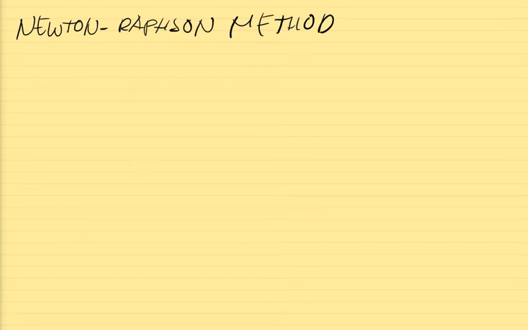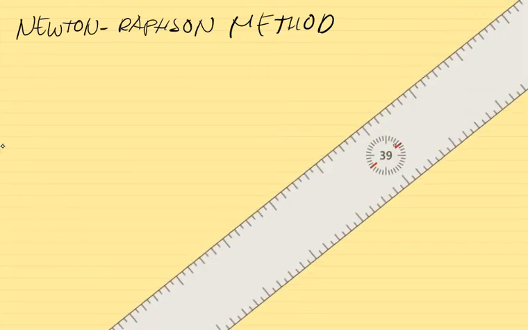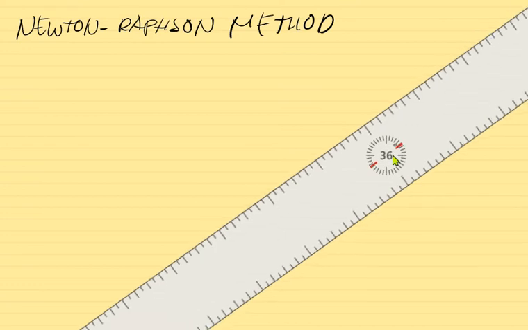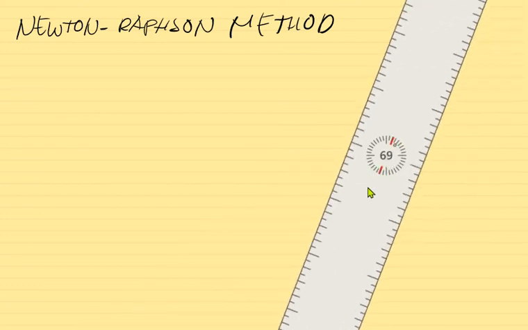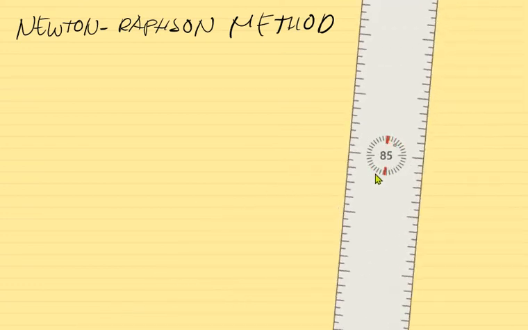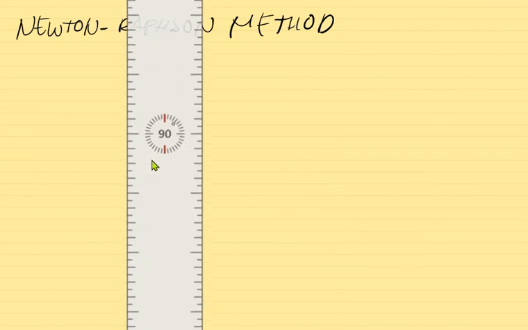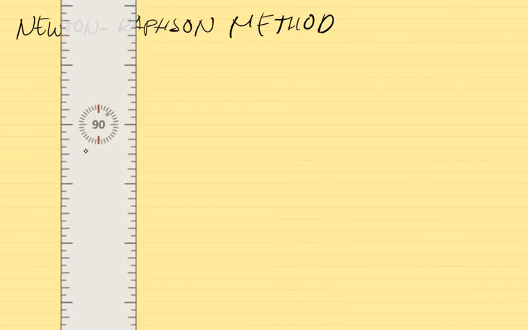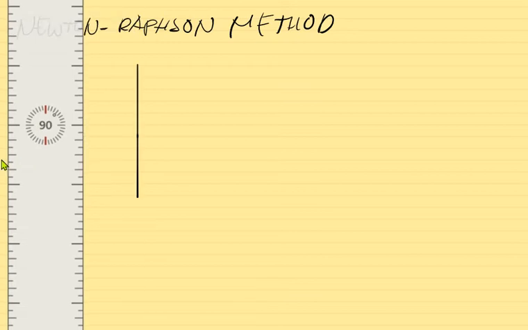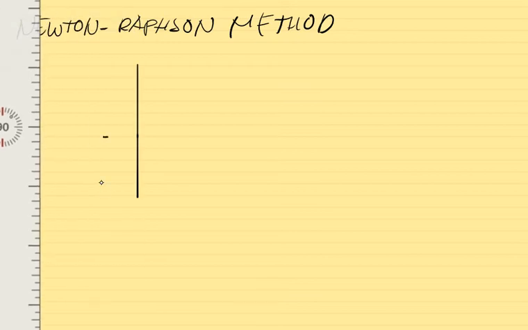If we have here a certain function, so here we have a function that goes in that direction. Then tangent line means